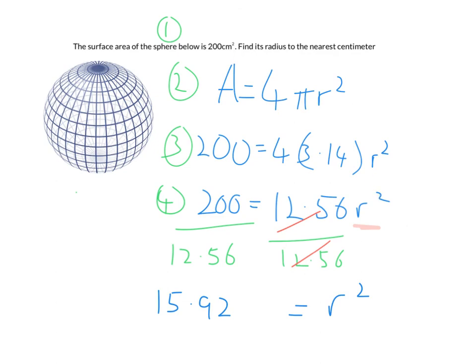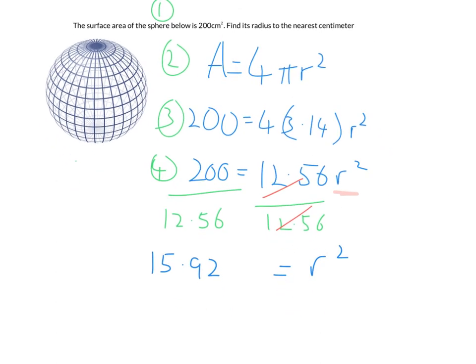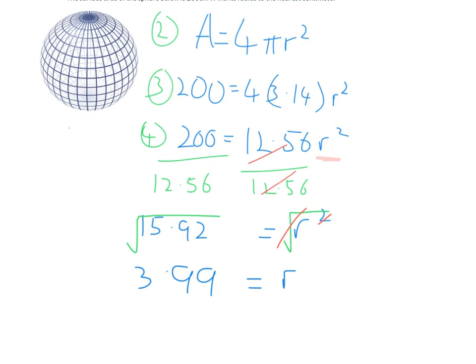The last step we need to carry out to get r by itself is to cancel out the index, the power of r. So we're going to cancel out a square by getting the square root of the right hand side. That means we also have to get the square root of the left hand side. So the square root and the square cancel out on the right hand side, and we're just left with r. On the left hand side, the square root of 15.92 gives us 3.99. So we're left with a radius of